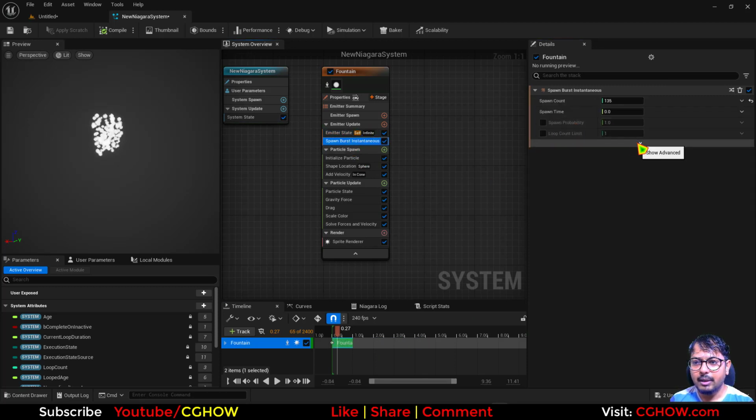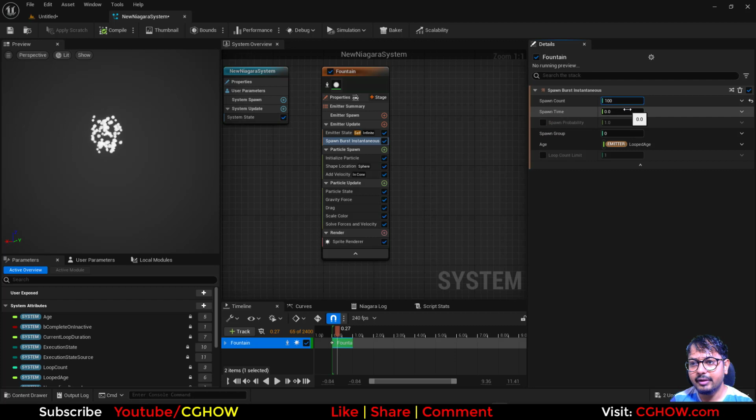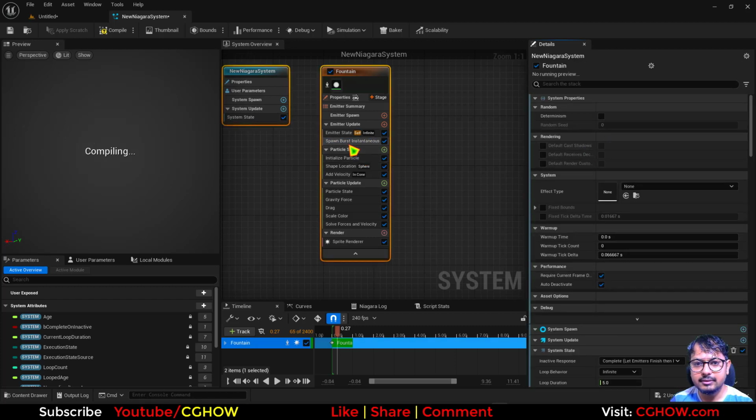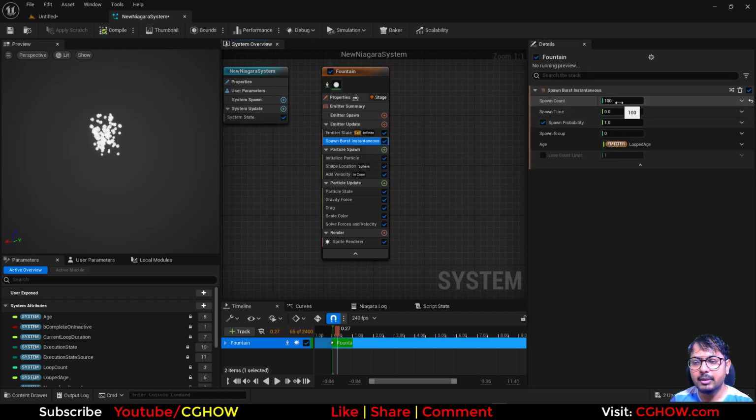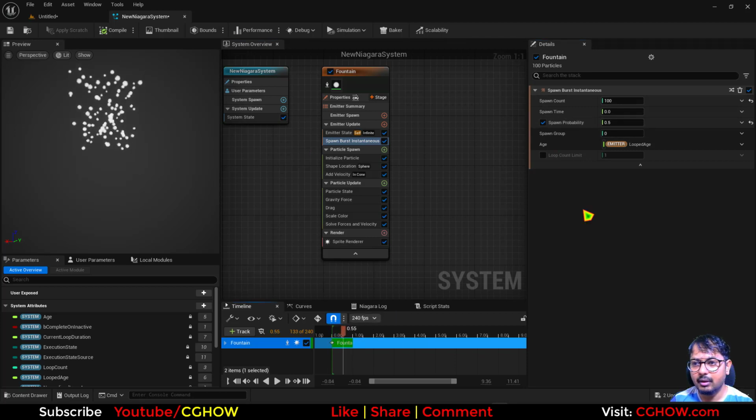The next thing is probability, which we have already cleared in our spawn rate, but this is just a multiplier of this. So if you have 100 particle and probability is 1, 1 multiply 100, it will spawn 100 particle. If this is 0.5, 100 multiply 0.5, it will spawn only 50 particles. So you can decrease it like 0.2, and it will,